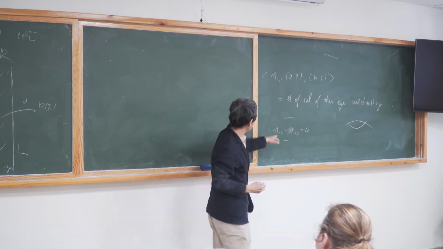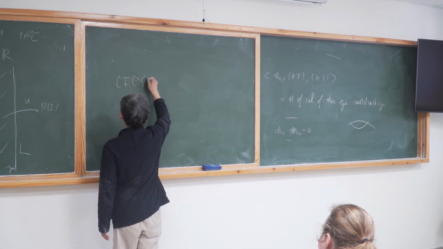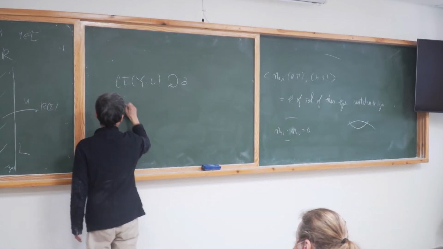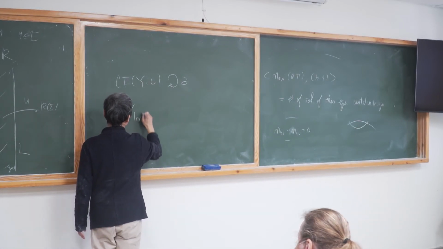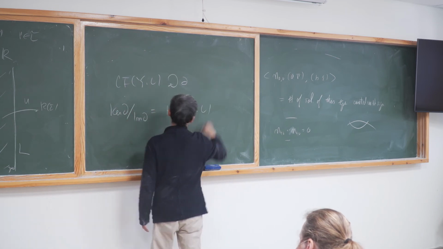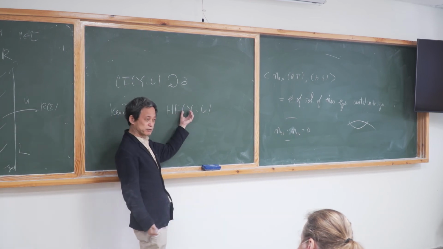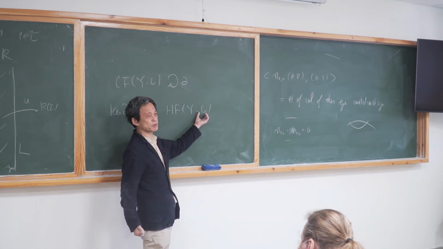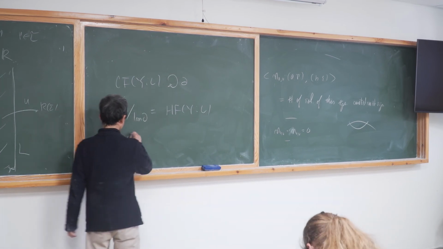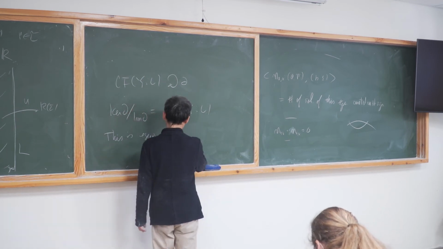So once we cook this, what do we have? We have the CF of Y, L and its boundary operator. So you can say the kernel divided by cokernel. Let me write this HF of Y, L. This is something like a Floer homology of a 3-manifold with boundary with coefficient in a Lagrangian submanifold. And this kind of thing is studied. This is probably equivalent, but something defined by